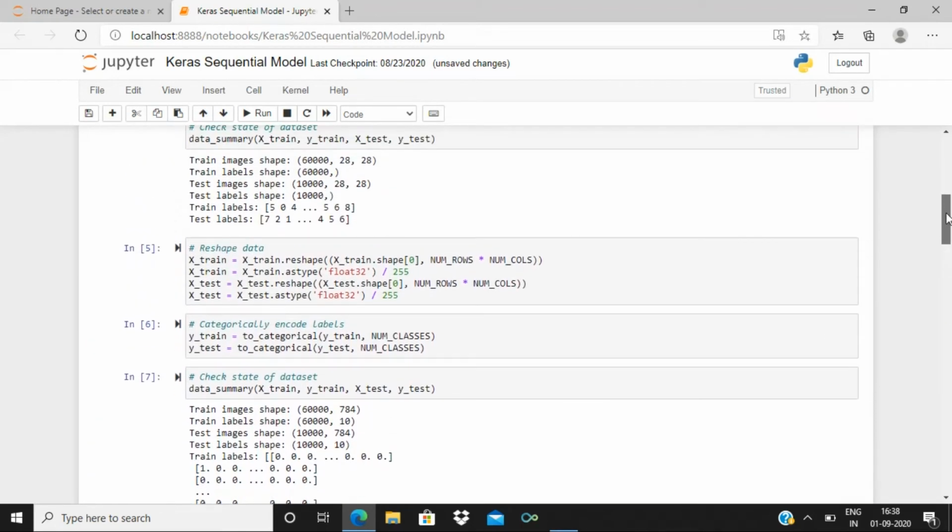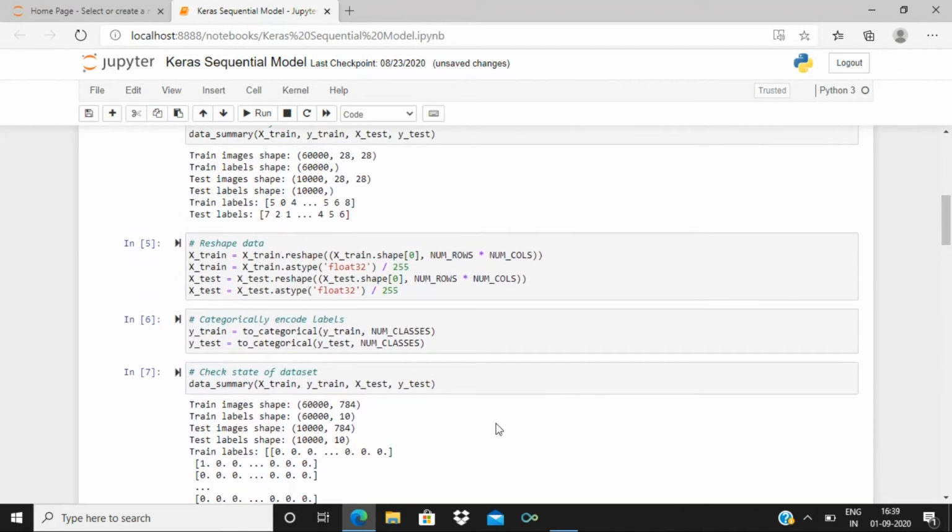Initially the train image shape was 60,000 by 28 by 28, and that has been changed to 60,000 by 784. Similarly, the train label shape was 60,000 and we have changed that to 60,000 by 10. The same way we did for the test images and the test labels also.